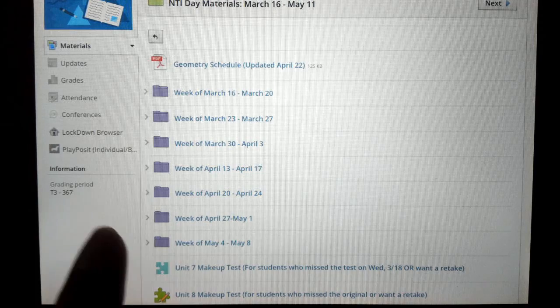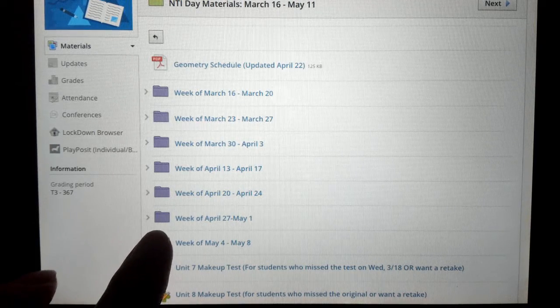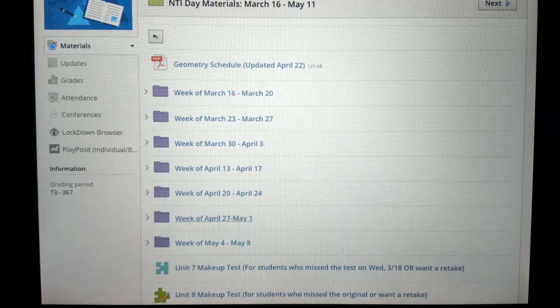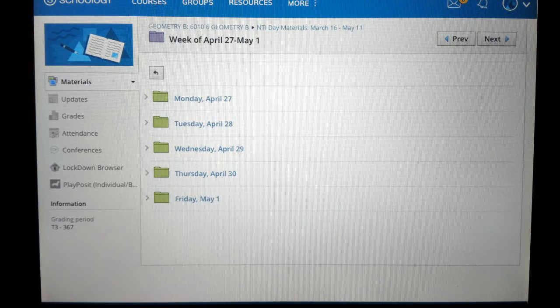So we're going to start up here with one of the more recent weeks. So I'm going to go back to last week, because in last week we were in the last unit. Today's the test over that unit. You'll notice it is grouped by day, Monday, Tuesday, Wednesday, Thursday, Friday. Each day's work is in its own folder. So I'm just going to pick a day, April 28th, on Tuesday. And if you open up that folder,